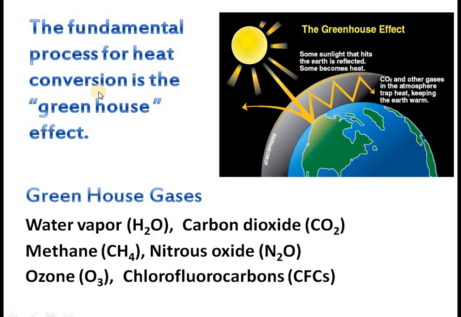But to a moderate level, it is required. Otherwise, Earth becomes a cold planet. Moderately, the greenhouse effect is required so that the temperature of the Earth remains at an average value of around 15 degrees Celsius. Okay, the average of 15 degrees Celsius is maintained because of the greenhouse gases. If there were no gases, Earth's temperature would go down to minus 50 degrees or so. Okay, so it will become a cold planet where life will be impossible.